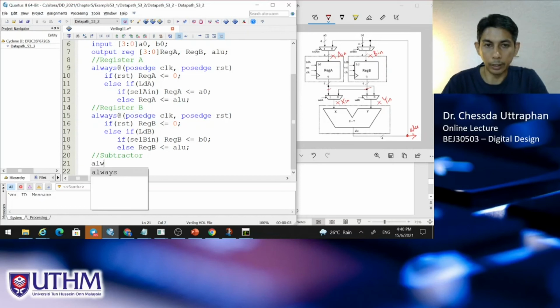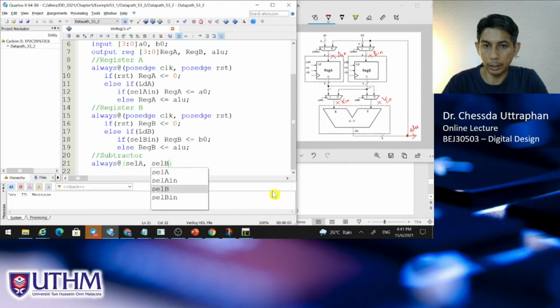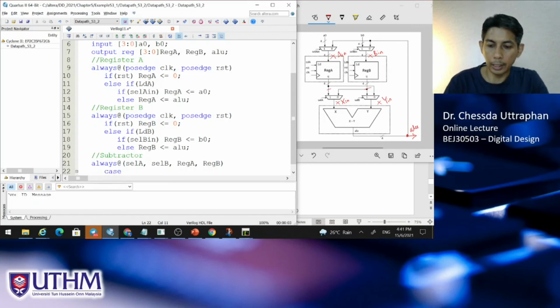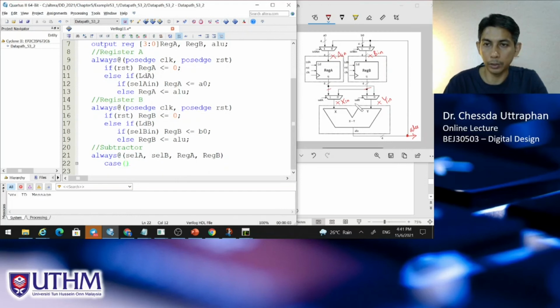So in this case, we can have behavioral modeling, where the input for this can be rect A, rect B, and also controlled by SELA, SELB. So we can have SELA, SELB, and we have rect A and rect B. We can use case statement because we have many possibilities, and this case will depend on these two signals, SELA and SELB. So we have two signals here. We can combine using concatenate operator. So we can have SELA here, and we can have SELB here. Means that this case statement will look at these two signals, and